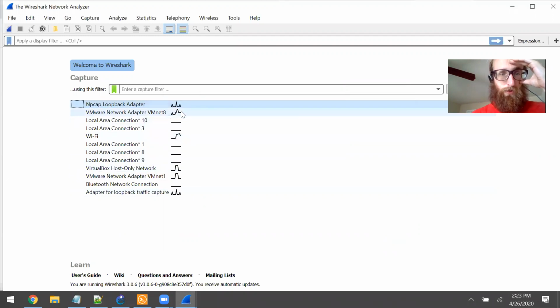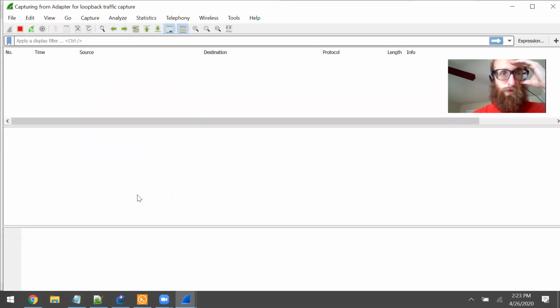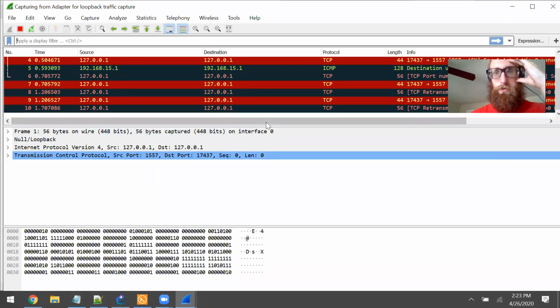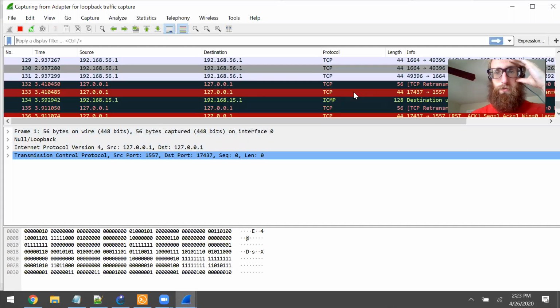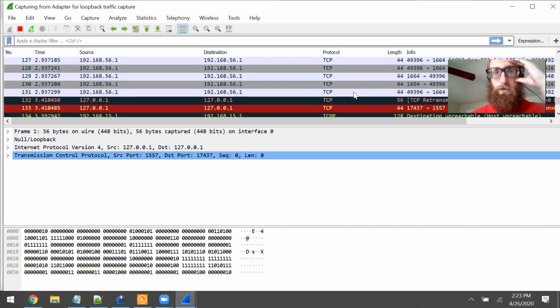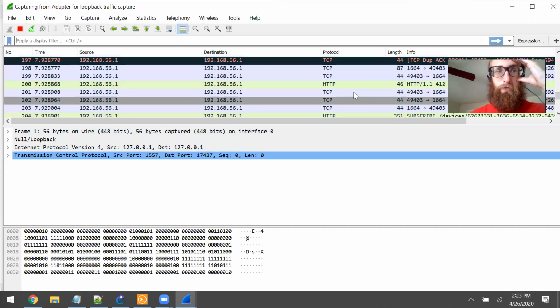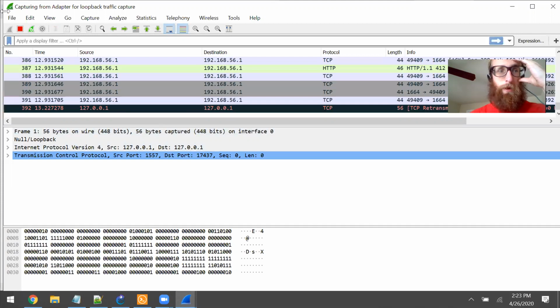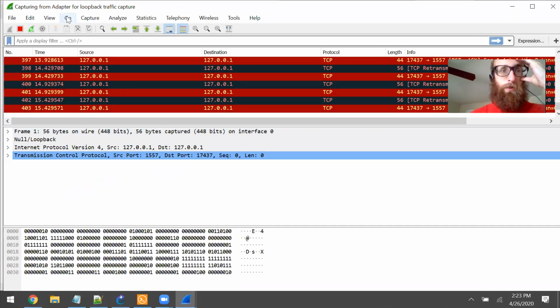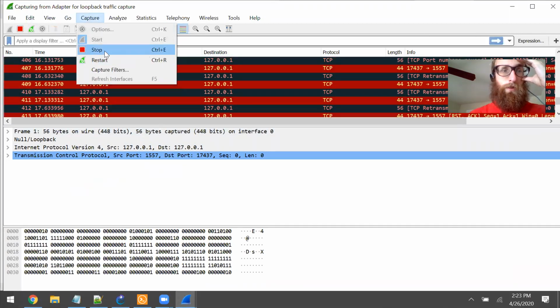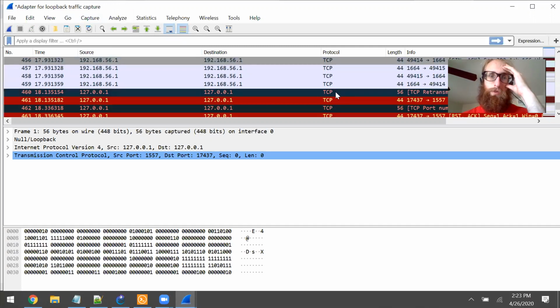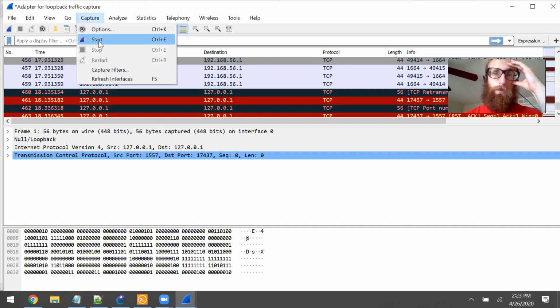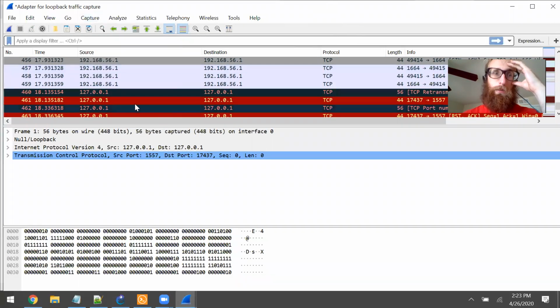So it looks like there's a lot of traffic on this link. Yeah, so this is live. This is my home network, so I don't want to sniff that. This is just my local area network. It's not like my public traffic. And you can see, like, let's find the